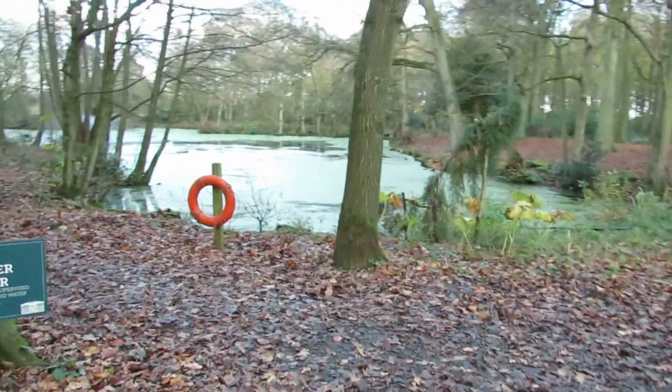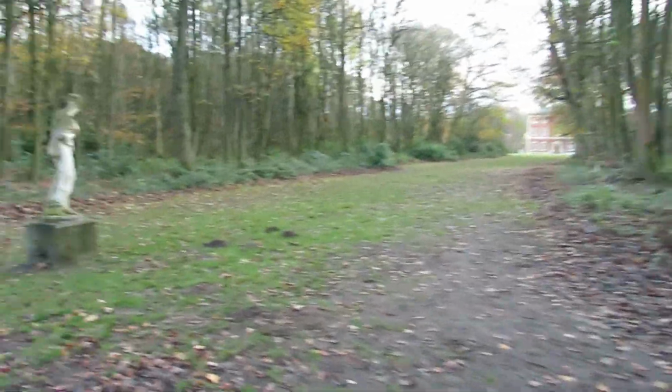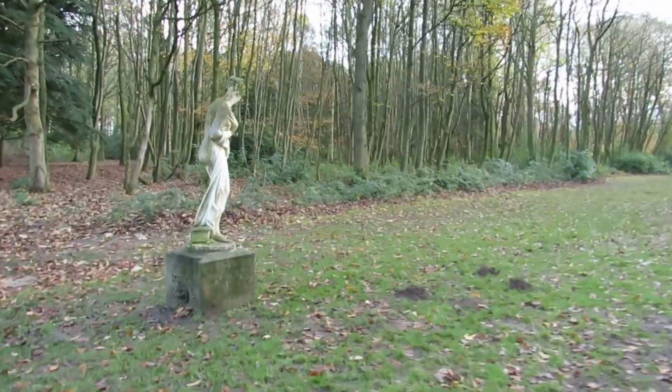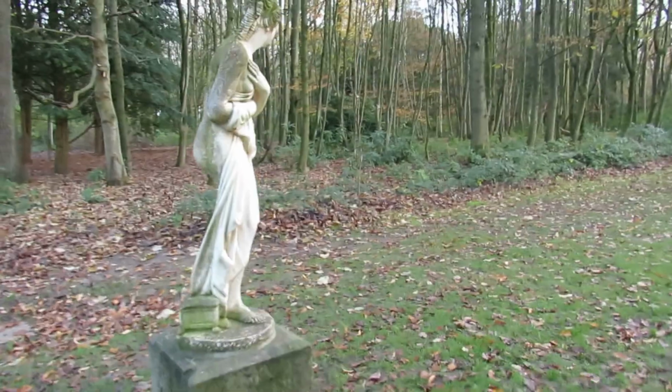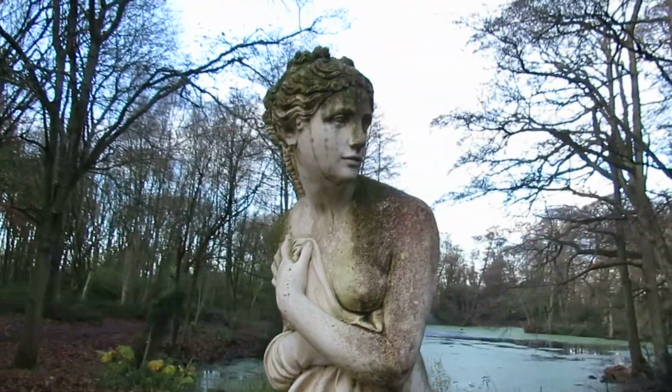So here I'm at the Lily Pond. This is a body of water directly in line with the front of the house. And here we have the statue. This is the old world statue, the original statue. I'm not sure who it is exactly, but she is directly in line with the front